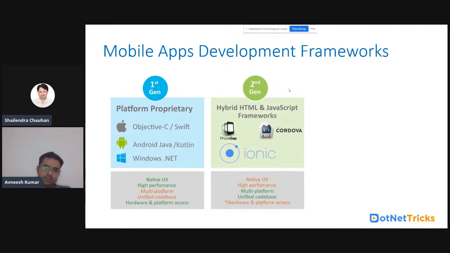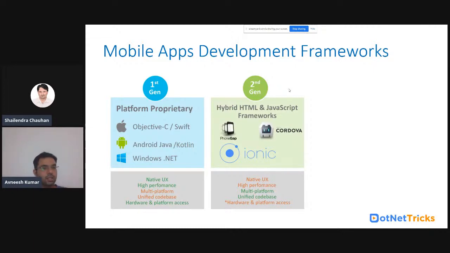Hybrid apps have their own benefits, pros and cons. They have good UI, I can say. Performance is always good. Multi-platform is the biggest feature of hybrid apps, because in the first generation, when you talk about platform-specific code base, platform-specific application, you always go for native.